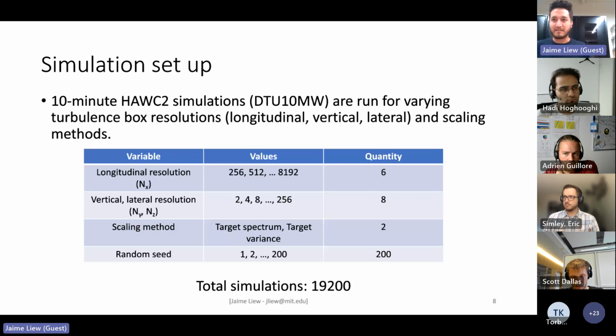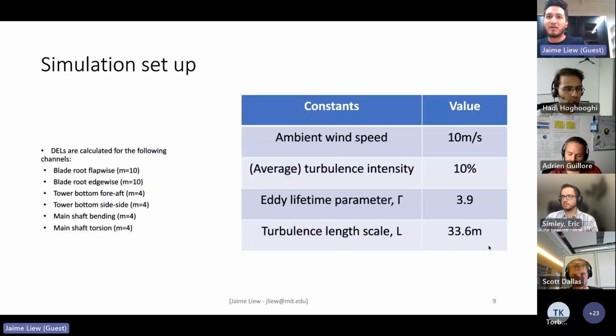And yeah, from this, I wanted to get to the bottom of it. Like 200 seeds is more seeds than you could conceivably ever run for any kind of validation. So hopefully it was enough to get to some kind of useful conclusion. And when I ran those simulations, after that, I computed some of the fatigue loads, the damage equivalent loads of